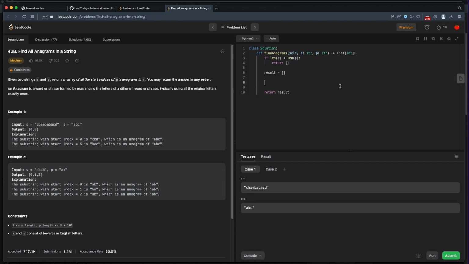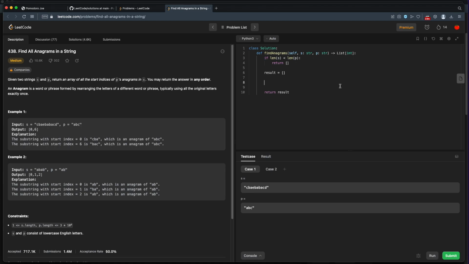So when approaching this problem, I try to think about, well, what is the minimum set of information I need to identify a permutation? And in this case, since we're not looking for specific permutations or specific anagrams, we just need to identify the general set of information we need to find a permutation. So what defines P and all of its permutations? That will be the set of letters that are in P and the count of those letters. So for example, if P was cat, then the thing that defines cat and all of its permutations are 1A,